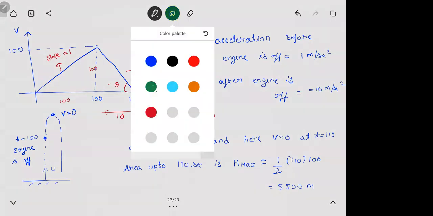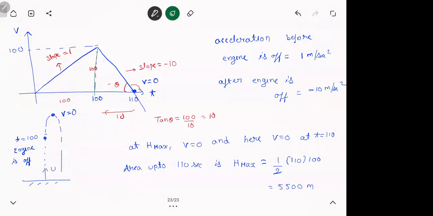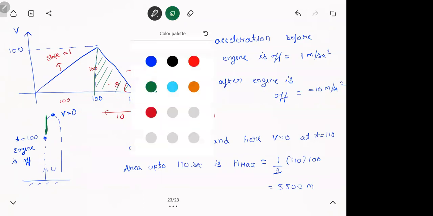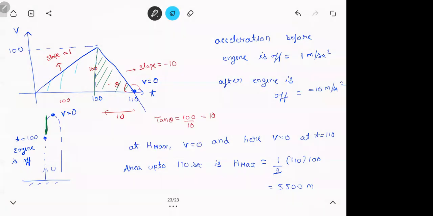Now, if you see here, for example, look at this thing. This area is the green one. That is this area after the rocket shuts down, engine shuts down. This area, the sky blue one, is this area when the rocket engine is on. Are you getting it? I can ask you that question also. How much distance does the rocket travel when the engine is on, the blue area? So the total area will be Hmax.